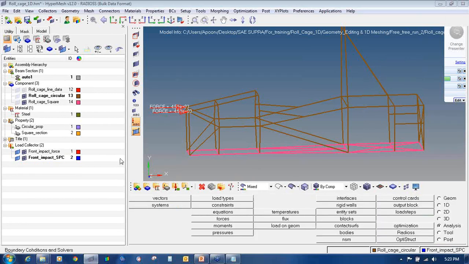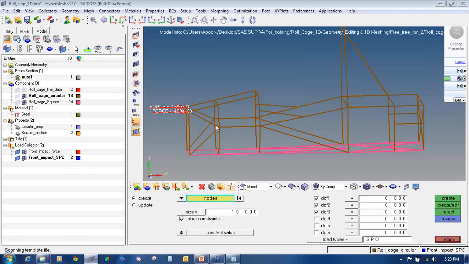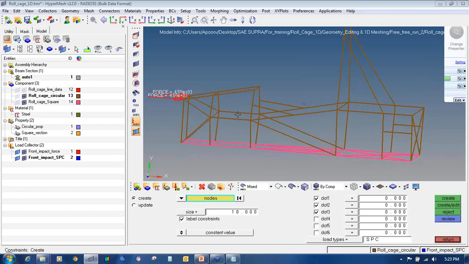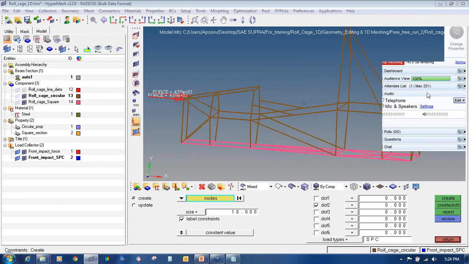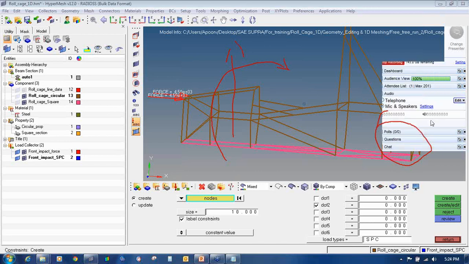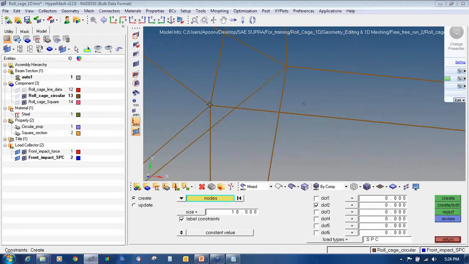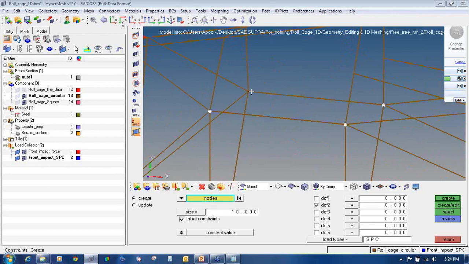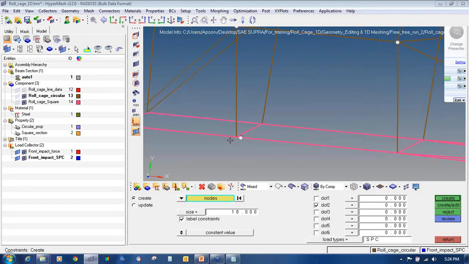So I will click return. Now I will apply the constraint on this model. So I will go to analysis, constraint. For the front impact, I am going to constrain the frontal suspension for only the Y direction so that it will not move something like this. So I am restricting the translation along this axis, that is the Y axis, so it should not move up. And for the rear end, I am going to constrain all three translational degrees of freedom. So I will pick these nodes. I will pick all the suspension pickup points. The suspension pickup points may vary from structure to structure, so you have to decide where your suspension pickup points are.